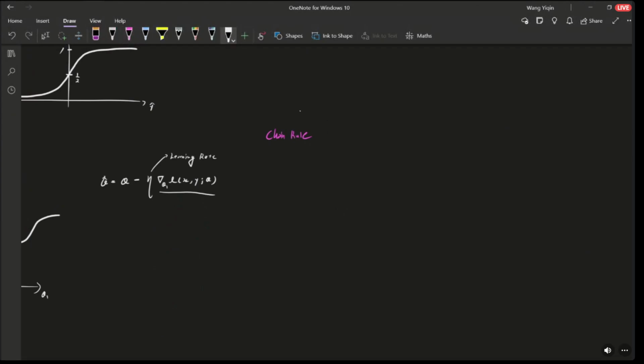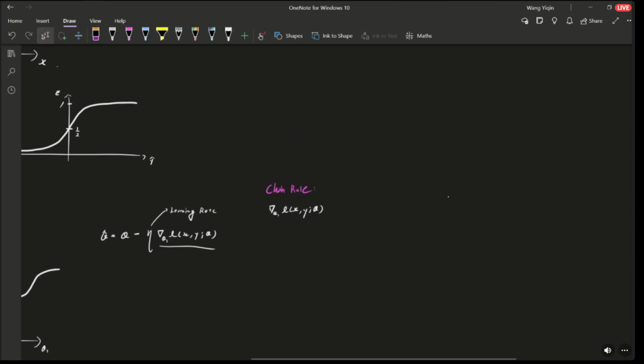So let's briefly revise how we will obtain the expression for this. We want to find the gradient of L with respect to theta 1. And for reference, I'm just going to copy the L here. So our L